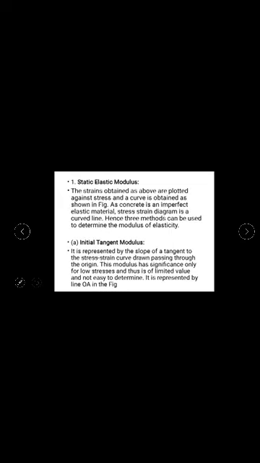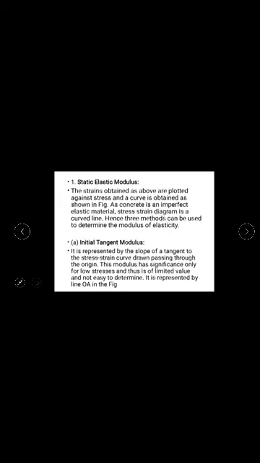So these are the three modulus which come under static modulus. One is the initial tangent modulus, the tangent OA. Next is the tangent modulus, that is the tangent at B. And next is the line drawn from the origin, OC, the secant modulus. See that the OC line is not a tangent, that is why it is called the secant modulus. This method is most practical and in most general use as it represents the actual deformation.